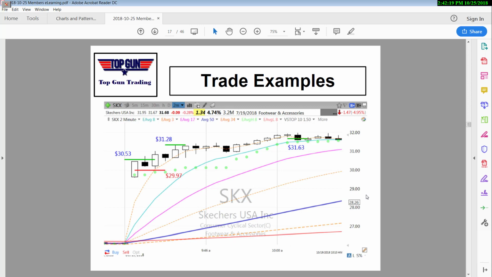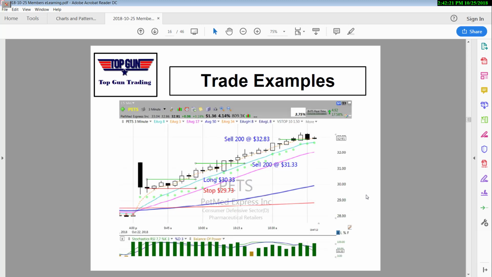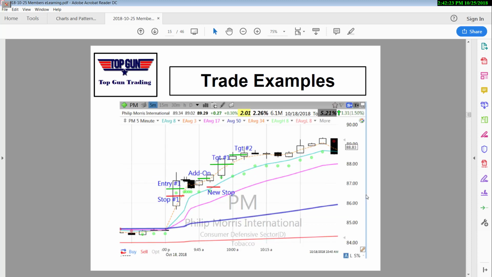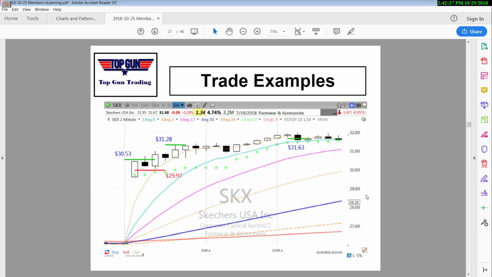All right. This was on 7/19. That's what it's reporting. The other example the other day was Skechers. It gapped up. Now this is a 2-minute chart. Thanks, soccer. And it started to break out here. And we chose